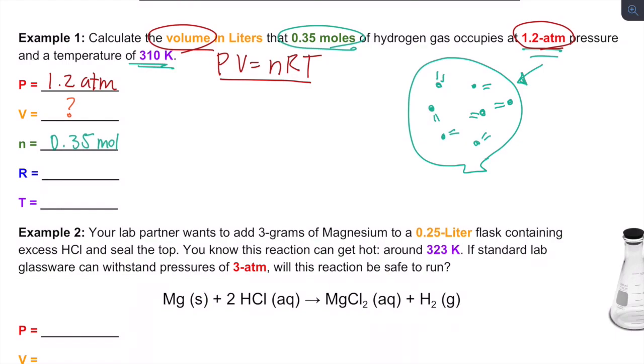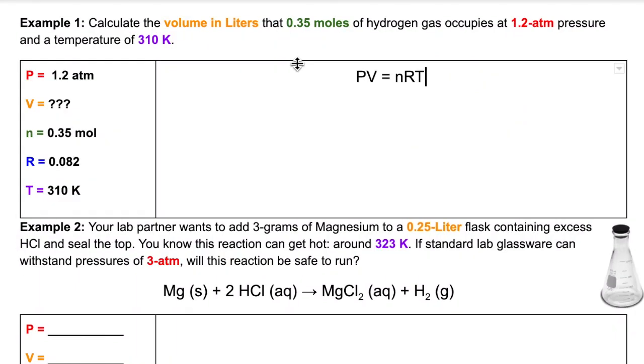The R value is a constant, 0.082, and the temperature is 310 Kelvin. Now that we've determined which number goes with which variable, we can use our equation PV equals nRT to do some algebra to calculate volume. First, we'll start with pressure,